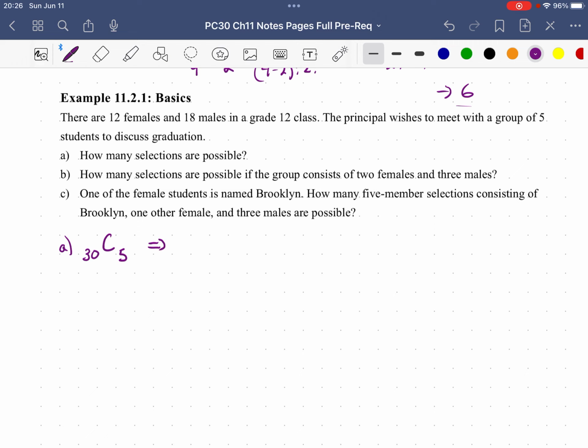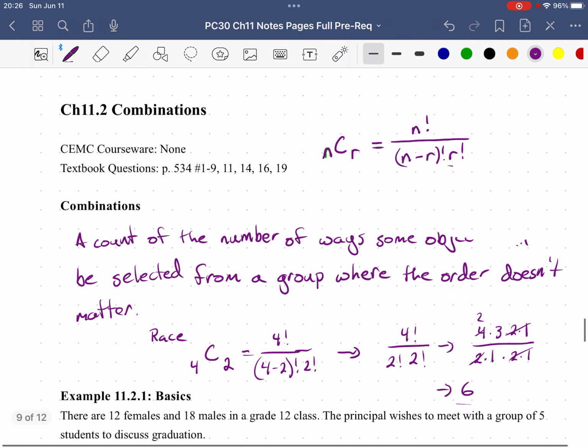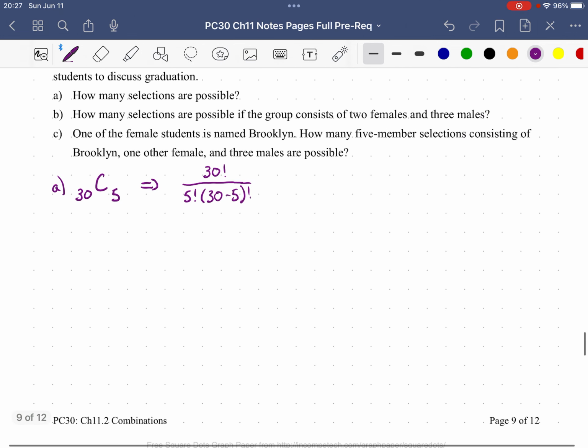So what does this mean? This is going to mean that we are going to do 30 factorial. That is a really big number. Divided by, I'm going to put 5 factorial first, and you'll see why once we simplify this a little bit, over 30 minus 5 factorial. Okay, that's from our formula from before: n factorial over n minus r factorial times r factorial. I just switched the n minus r factorial and the r factorial around. So this is going to give us 30 factorial all over